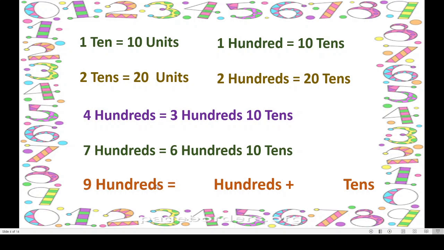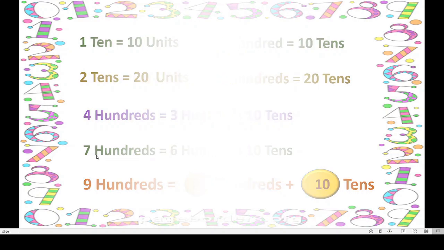Now here 900, you have to fill how many hundreds plus how many tens. Yes, what is the answer here? 9 hundreds is equal to, yes, very good, 8 hundreds and 10 tens. These two together make 900. Good. I hope you understood this one about the hundreds and tens. Okay. Next thing is,